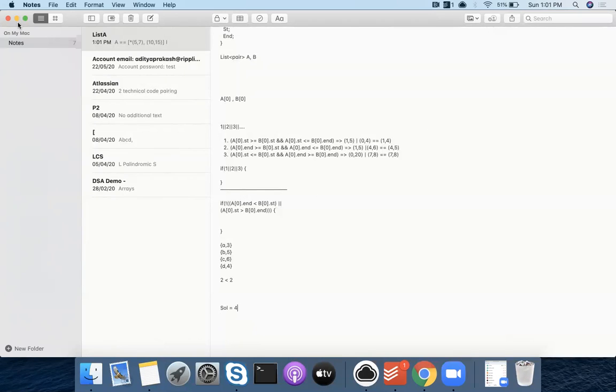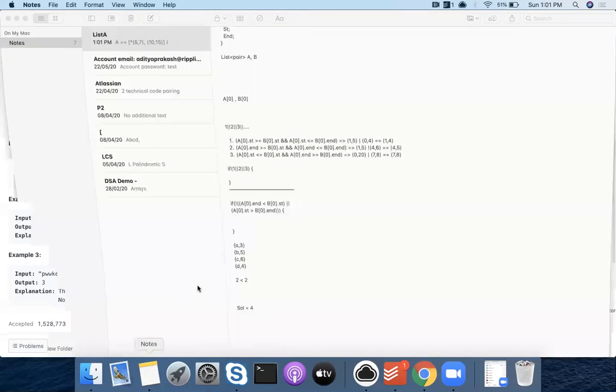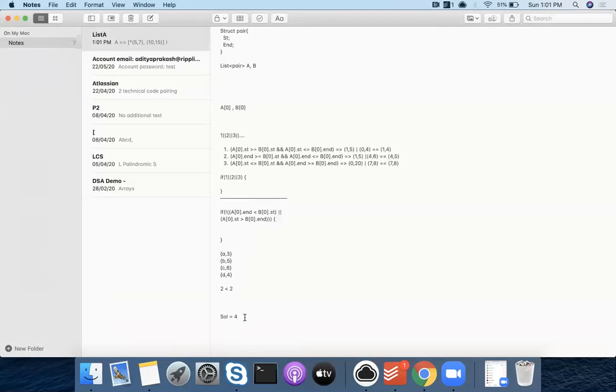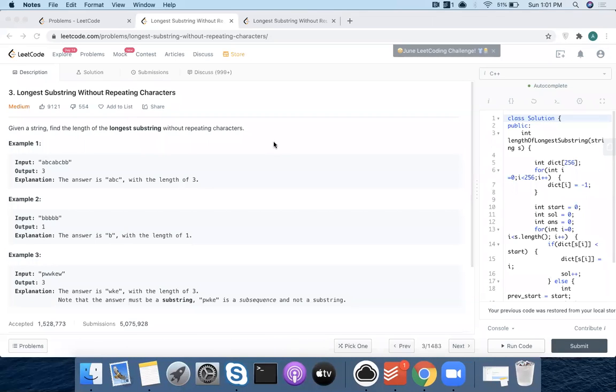So is this approach clear? But Aditya, don't you think that here we are using extra space of a hash map? Firstly, is the approach clear, or any doubt before we go into analysis of this approach? It's clear. What about others? Do you want me to repeat it? Oh, Aditya, I think it's good.